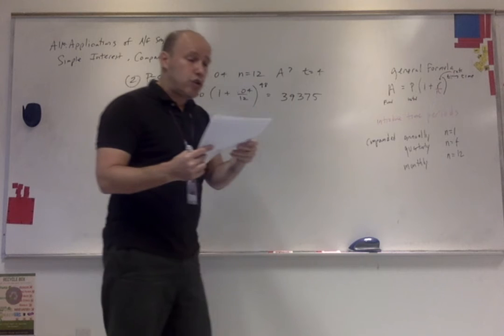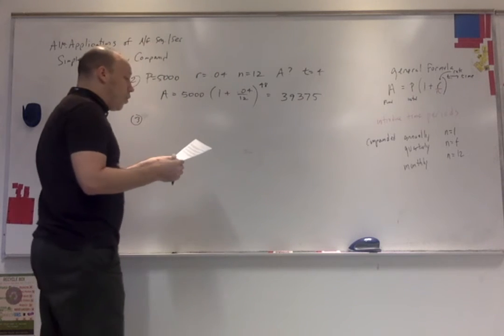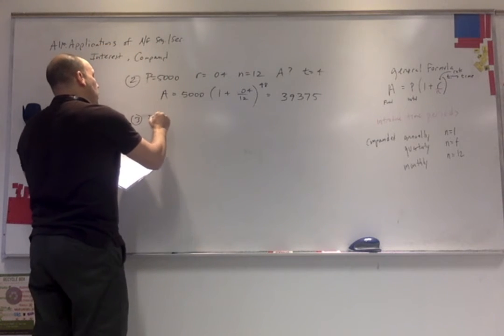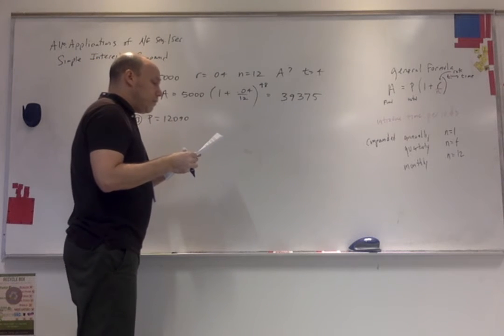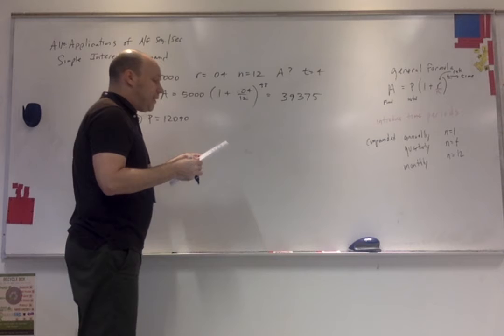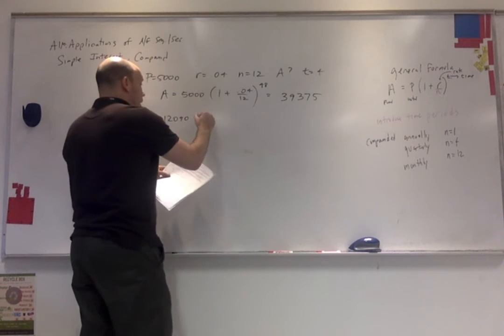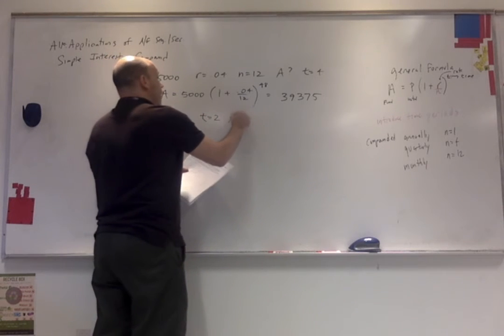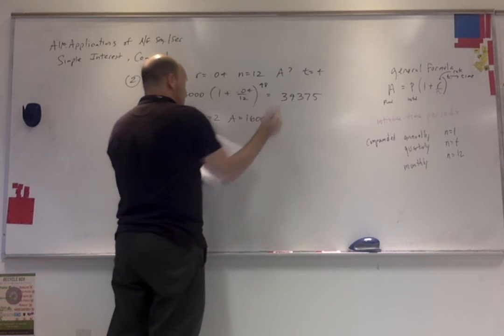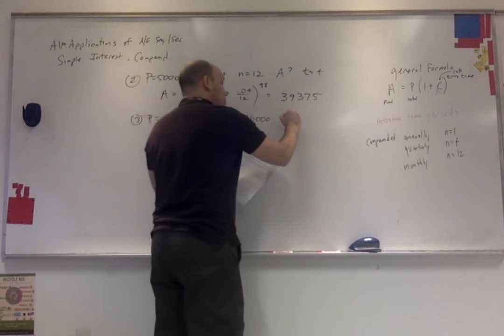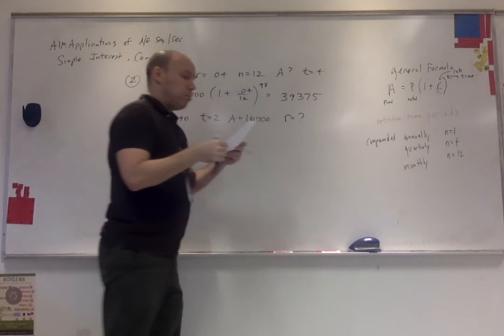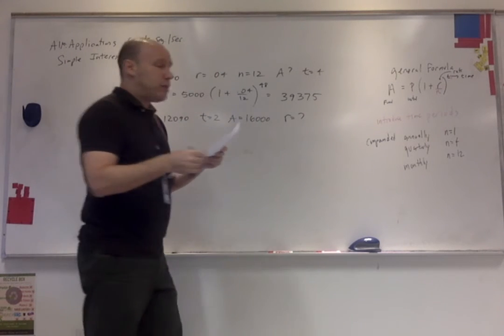Let's see what information is given. Leslie got a student loan of $12,000. She originally got $12,090. If she has to pay $16,000 in 2 years, okay, so after 2 years, the final amount is $16,000. What is the annual interest rate? R is unknown. If the interest is compounded monthly,